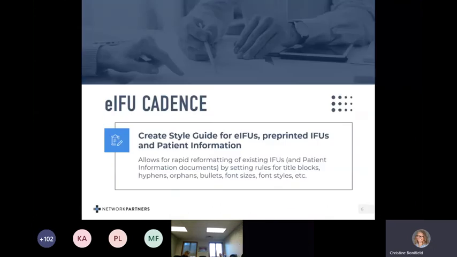So we understand the need for eIFUs. Now we just have to execute putting our IFUs online. Like any project, you want to lay out a plan before you dive straight into making eIFUs. You may have a dozen IFUs, 100 IFUs, you may have 500 IFUs. We're working with a client that has 850 IFUs, but no matter how many IFUs you have, they are most